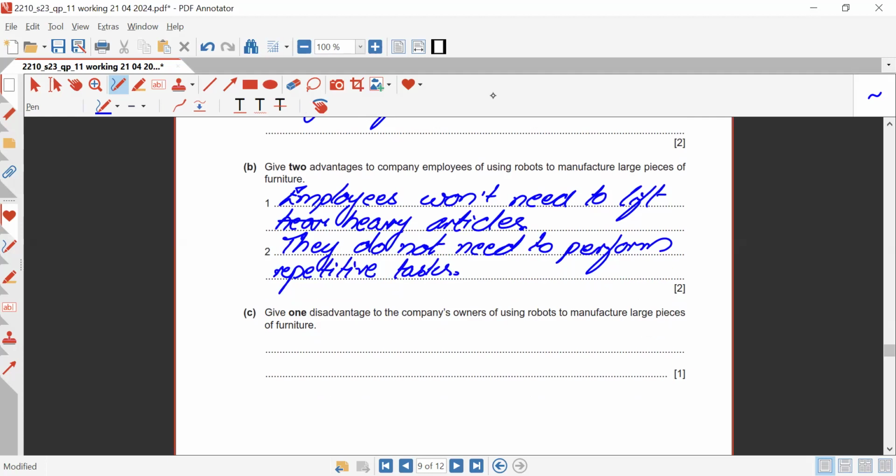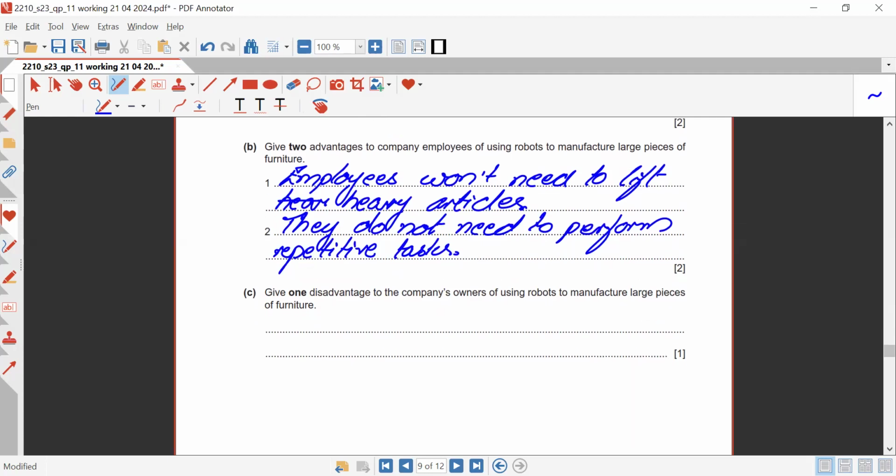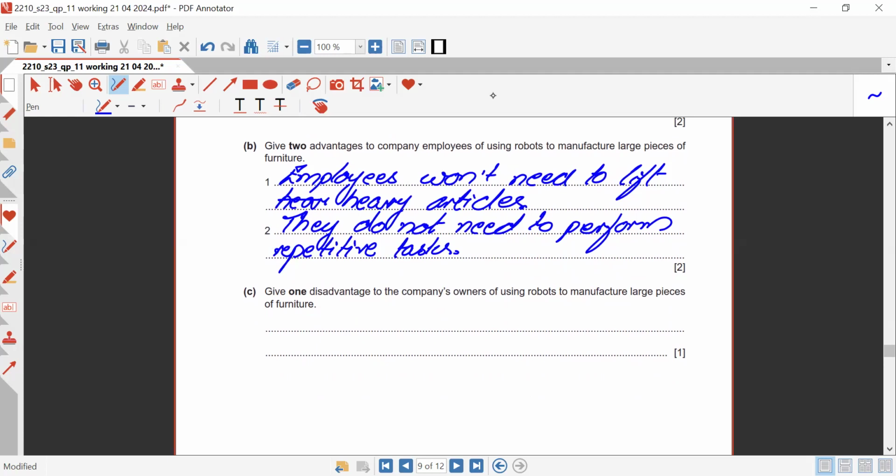Okay, coming towards part C. What does the part C say? It says give one disadvantage to the company's owner of using robots to manufacture large pieces of furniture. So you may write it down. Okay, I think so. We have an answer first of all. Higher cost to implement. Okay. It may require the personnel, higher cost to implement, as well as you may say it can be hacked,